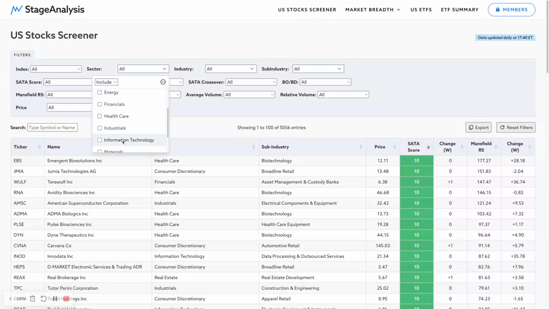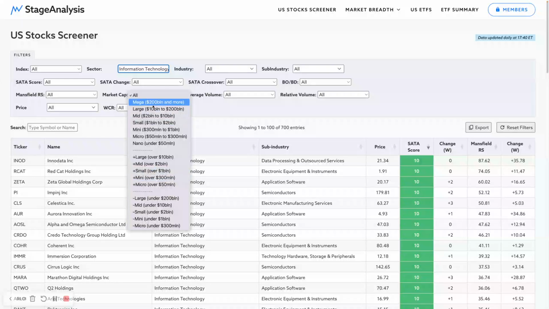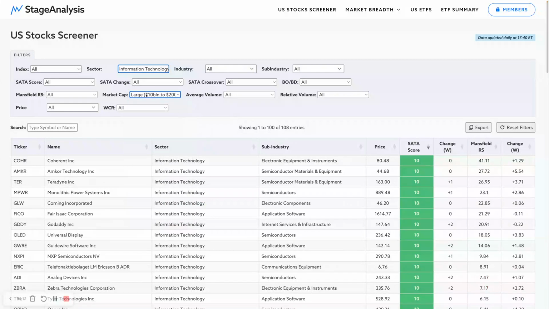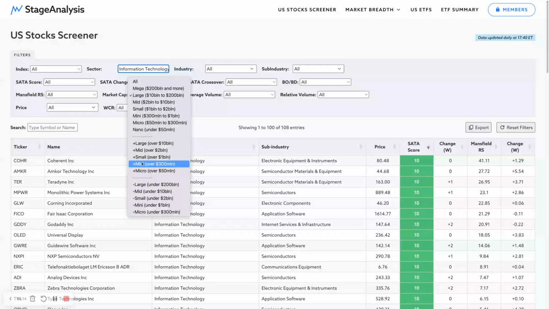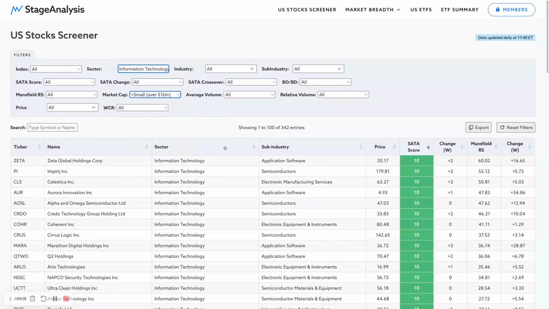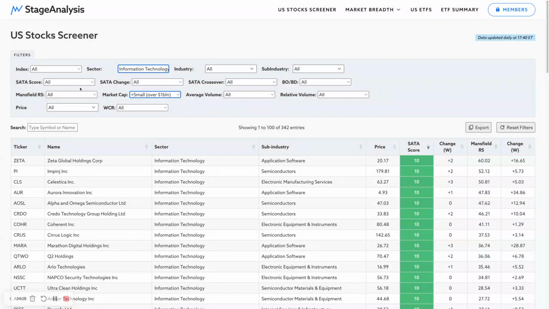So you can come into here, you have the information technology stocks, and then say you only wanted to see the mega caps in there, you only want to see the large caps, or you want to see anything above 300 million or above 1 billion in terms of market cap. Then that gets rid of all of the more little micro cap stocks, etc. And then you can export that data,